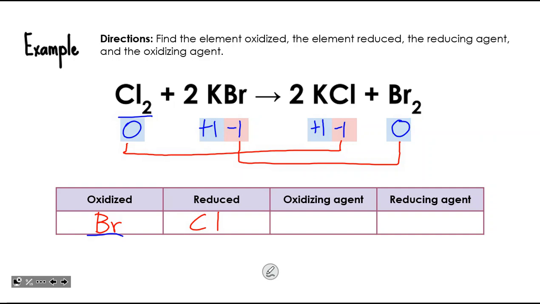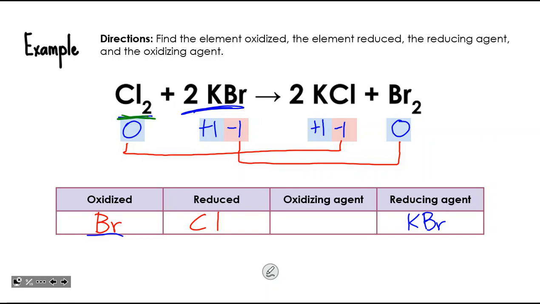Bromine is being oxidized. That means the reactant that has bromine is causing the reduction of the chlorine. So which reactant is that? The KBr. Since bromine is being oxidized, the KBr is the reducing agent because it's causing the reduction of the chlorine. And that means too, the oxidizing agent here,